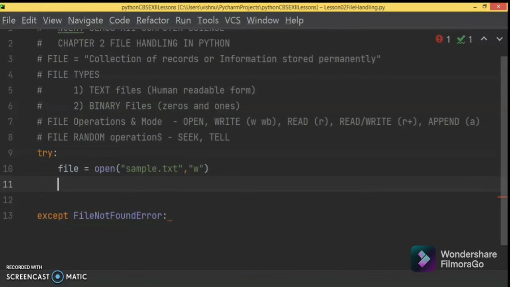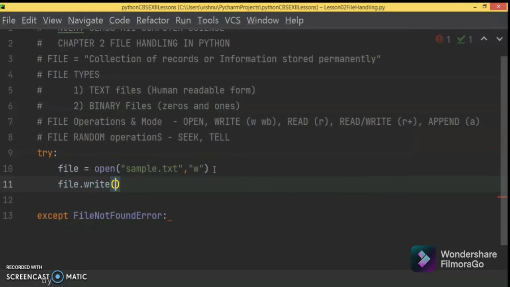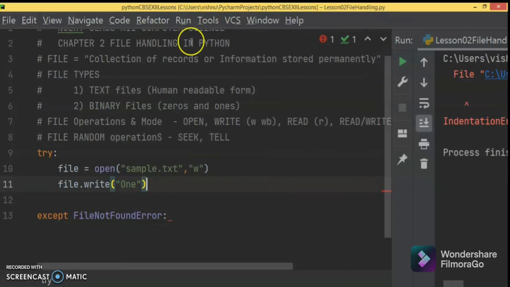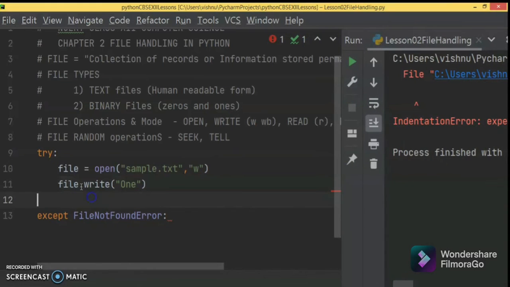Here what I am doing is file.write. I am writing some contents. Let us say 1. So if I run this program, it is saying indentation error. So what is the indentation error?